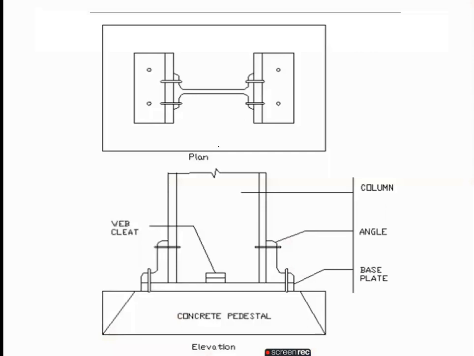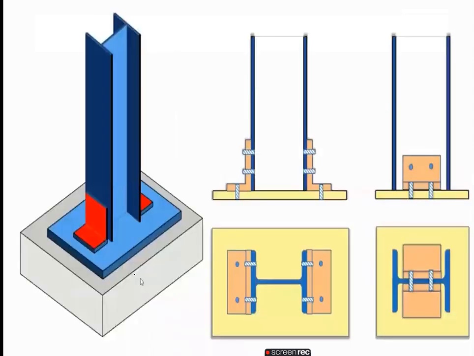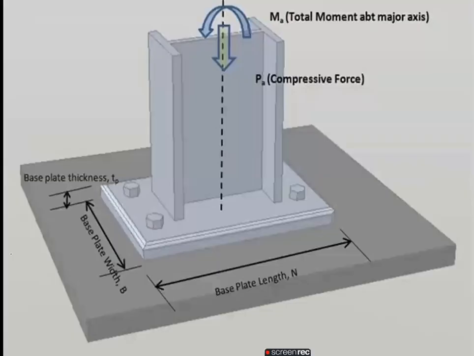This one is also shown in plan and elevation. If you observe here, this is the column, this is our foundation, this is the base plate, and this is the cleat angle. Same like that here, understand clearly: foundation, base plate, cleat angle. This is our column. You will observe this in most of the industries. This is also the same as the pictorial view for the slab base.